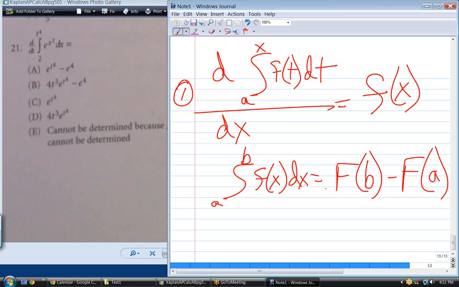In other words, that's the way we do it. If it's x squared, we're going to take the antiderivative of it, evaluate it at b, and then subtract the evaluation at a. So this is perhaps the most important part of the fundamental theorem of calculus, the second part. That's the part we use all the time. But that's the easy part. The first part's a little more difficult. Now,